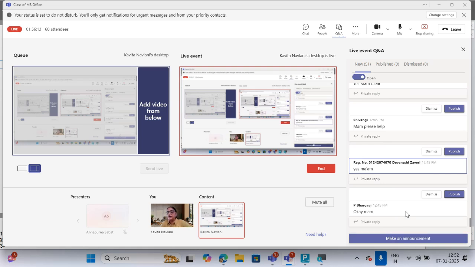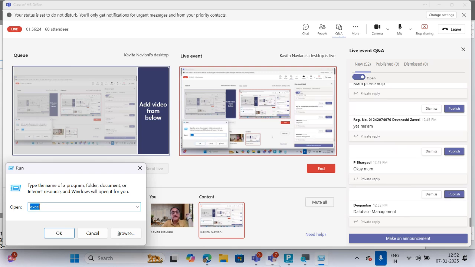Yes, database management. Actually, for example, you are working on the net, like www.gmail.com. So www.gmail.com is what? It is a website. When you save the data, like when you create an email ID using gmail.com, then